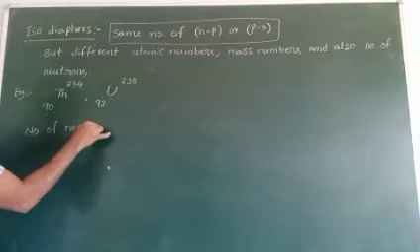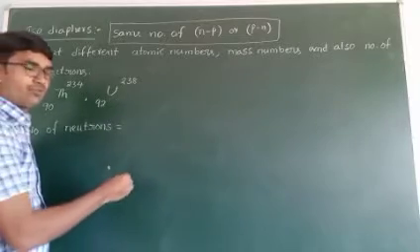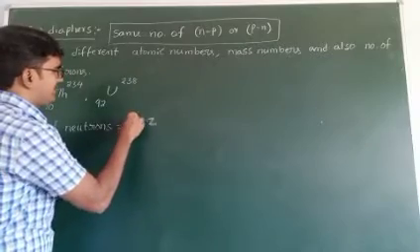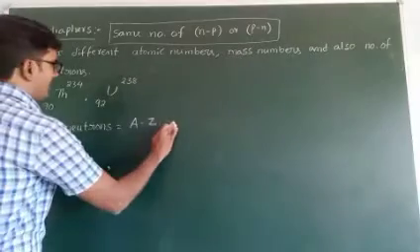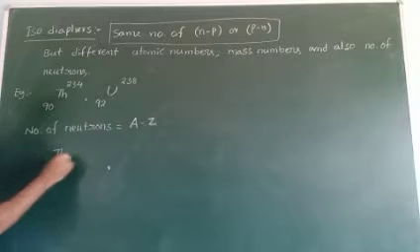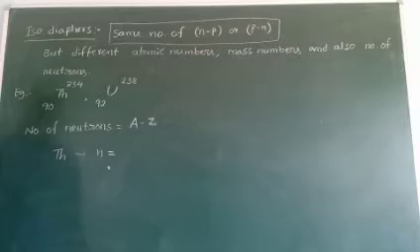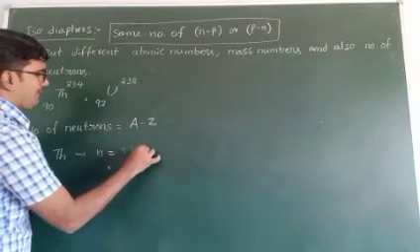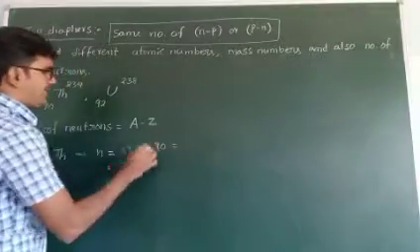Number of neutrons. What is the number of neutrons formula? Number of neutrons is equal to A minus Z. A is the mass number and Z is the atomic number. First calculate for thorium. For thorium, N means the number of neutrons, N is equal to A minus Z. A is 234, minus Z which is 90. So 234 minus 90 means